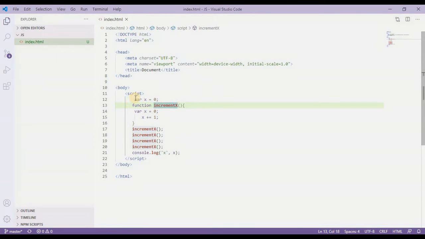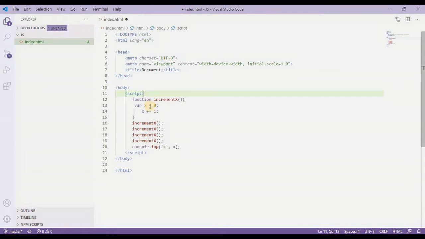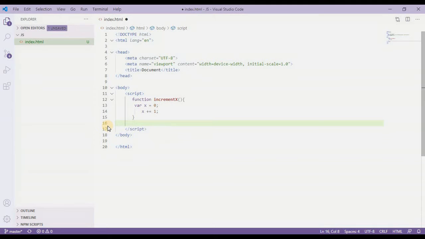Now what we can do, we can remove this x from here, and to print or to see this value of x I am going to define another function. As you can understand, this console.log will not work because there is no global variable outside this function scope, and that's why it will return undefined or some error in our browser. So to avoid this error, I'm going to remove all these lines from here and declare another function.